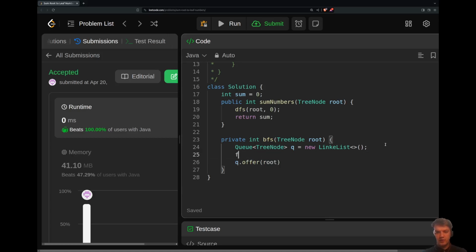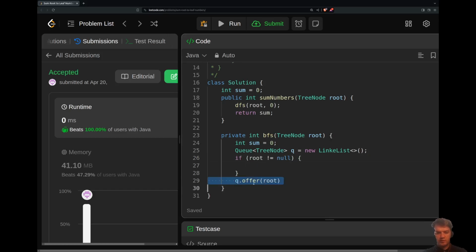Okay, let's say we have int sum equals 0, if root not equal null, and then I'll offer root, and then while the queue is not empty, I'm gonna do